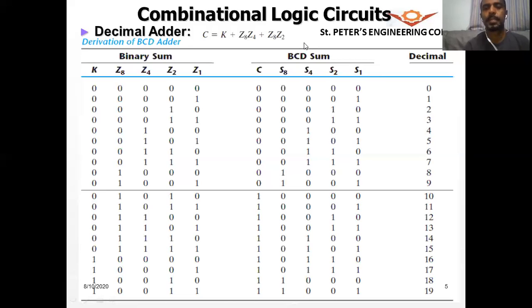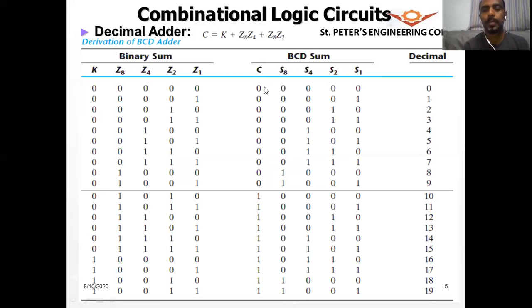If we are using only 4 bits, the 4 bit adder, the output of the sum will be 4 bits, but the overall carry bit we will get for 10 to 19, because we have got one extra there. 1, 1, 1, 1, all these ones. So that will be represented here.